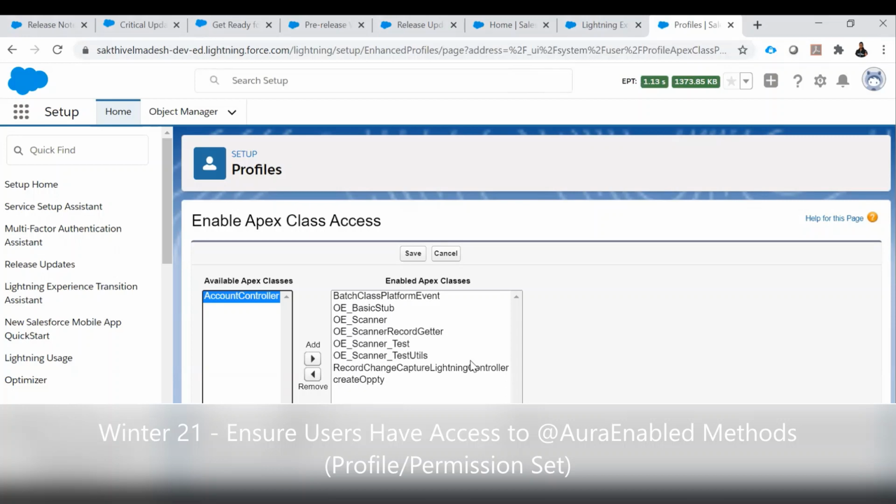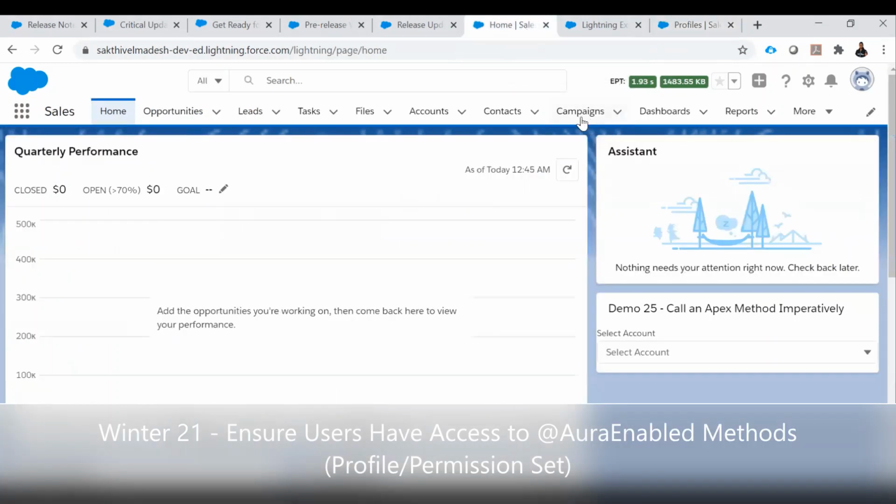So if the Apex class containing the Aura enabled method is not enabled, then we may get an error while accessing it from the Lightning page. In my Lightning home page, I enabled the Lightning Web component which I showed.